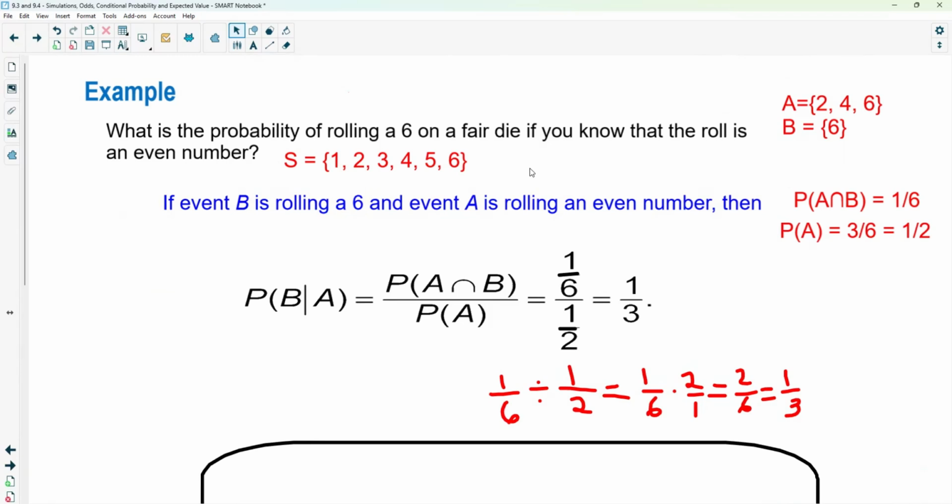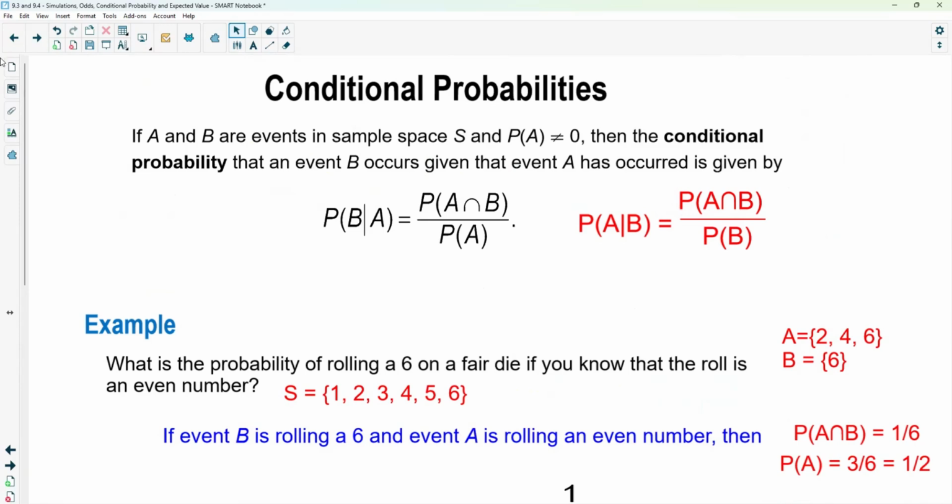And it says a conditional probability is that something happens because something else already happened before that, right? So this part right here says the event that B happens given that event A has occurred. So A happened first, and then B happened afterwards. And then when you have that, then you're going to have